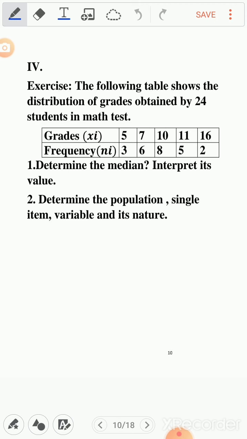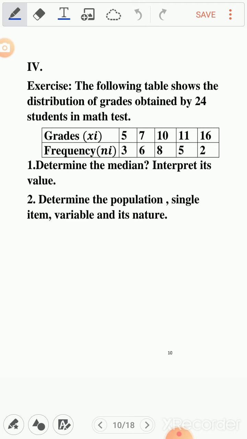We solve exercise 4. Consider the following table showing the distribution of grades obtained by 24 students in a math test. We have the grades 5, 7, 10, 11, 16 and the frequencies 3, 6, 8, 5 and 2. This is tabulated data, by the way. This means 5 is 3 times, 7 is 6 times, 10 is 8 times, 11 is 5 times, 16 is